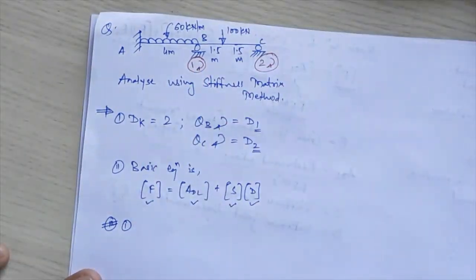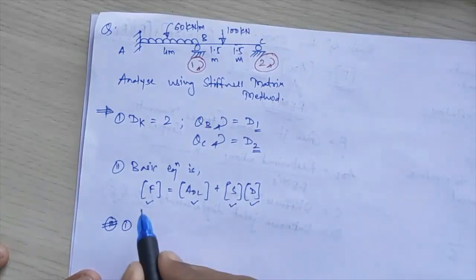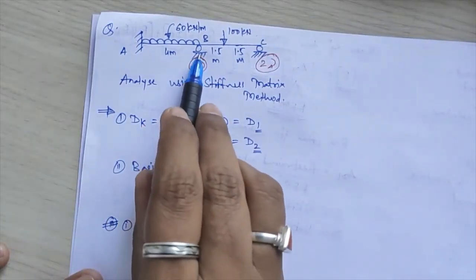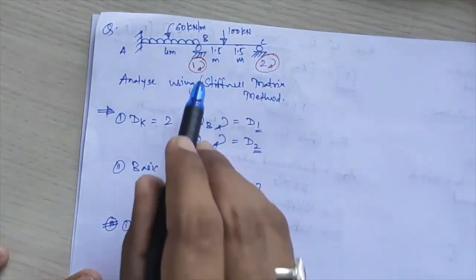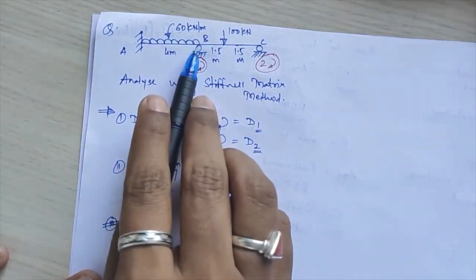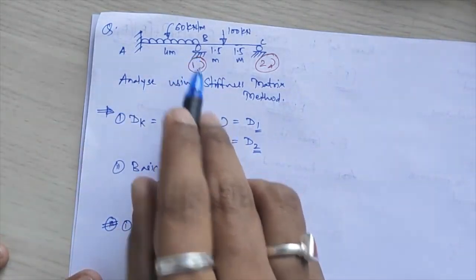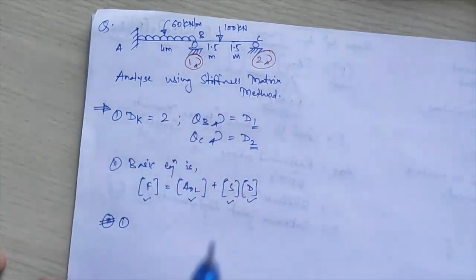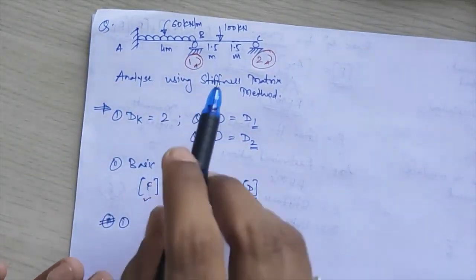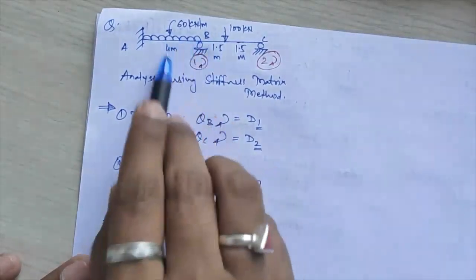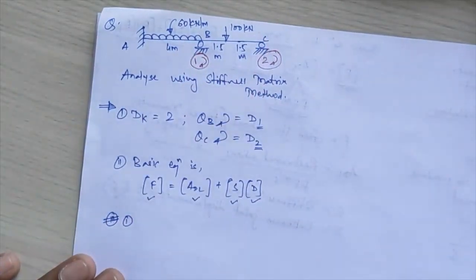So what you have to do is see whether any external moment is acting at both these points or not. If theta is your redundant, then you have to see whether a moment is acting. If you are having deflection over there, then you have to see whether you are having any force as redundant one. So here you have to see whether any other external force is acting over here, just like in your flexibility matrix